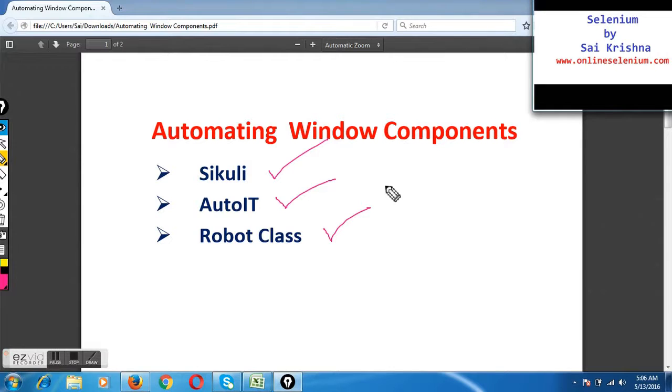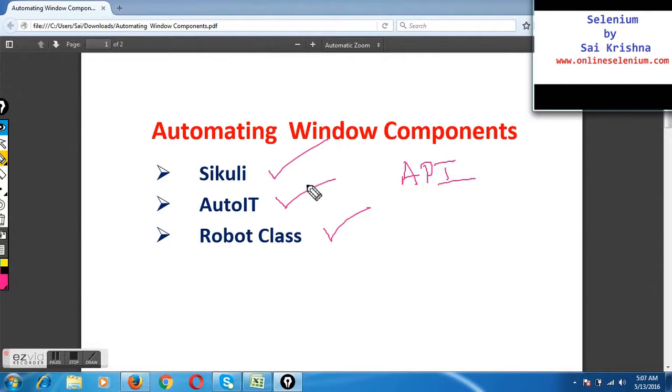Now please try to understand. Sequely is an additional API, a third-party jar file that we downloaded and added to the current project, and we did some automation using Sequely. That was the first session. Then yesterday we saw that AutoIT is actually a separate software.